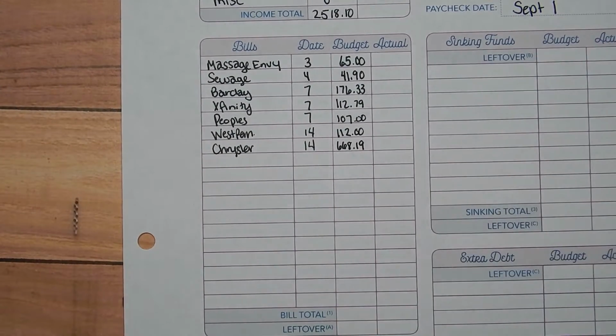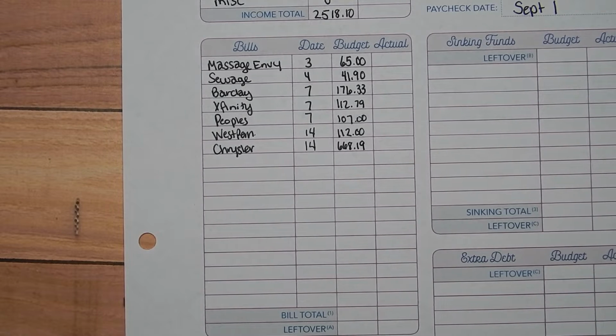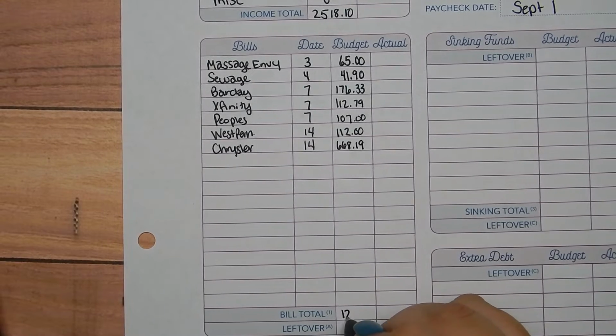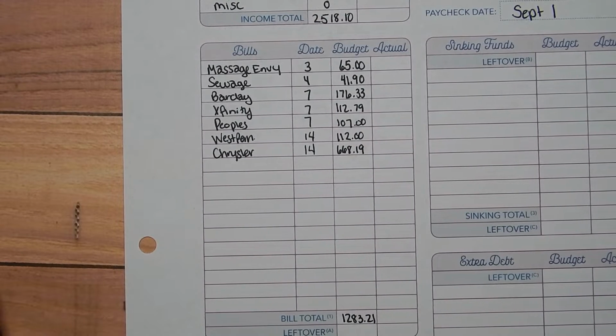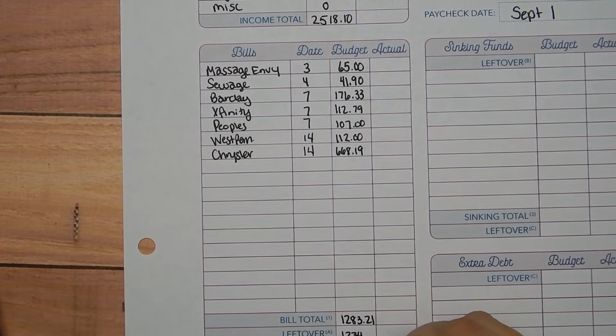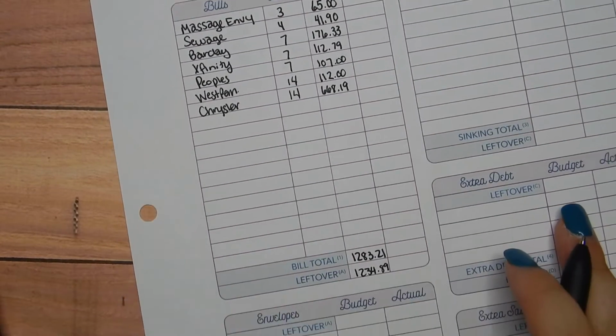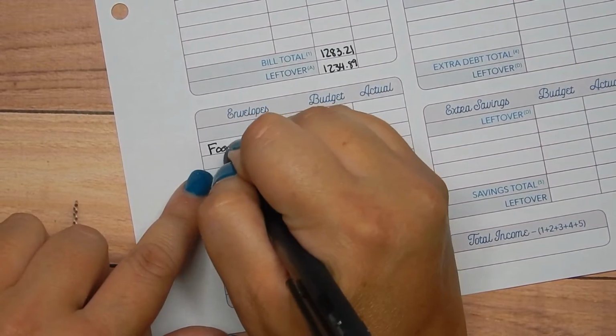So let's get a total on those. $65 plus $41.90 plus $176.33 plus $112.79 plus $107 plus $112 plus $668.19. So we've got $1,283.21 there. And if we take our total income minus that, we should be left with $1,234.89. And then down here in the envelopes column, this is where I track things that vary each month, like